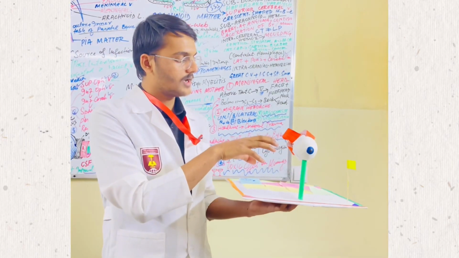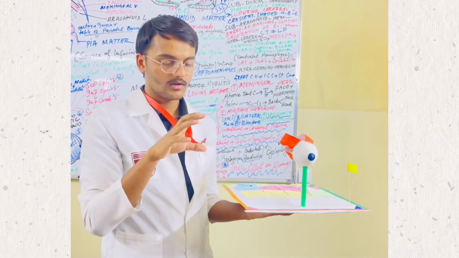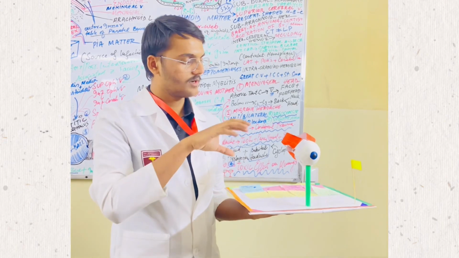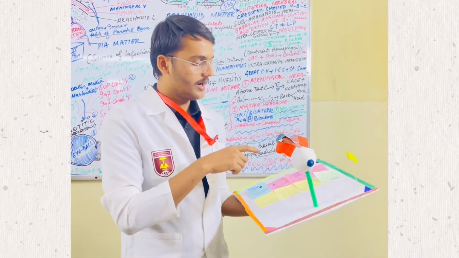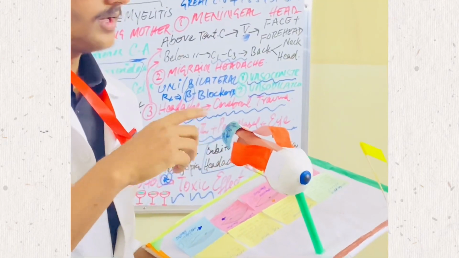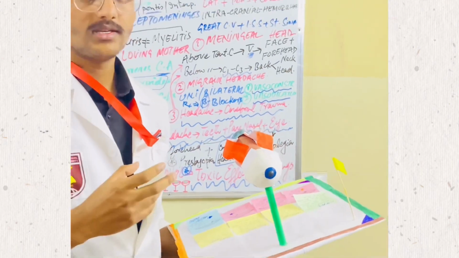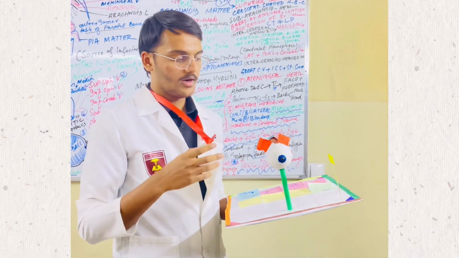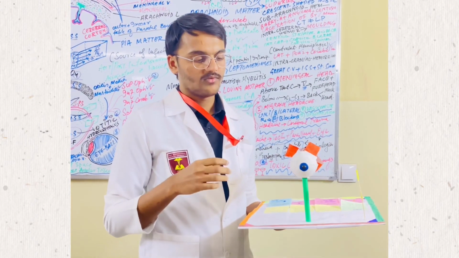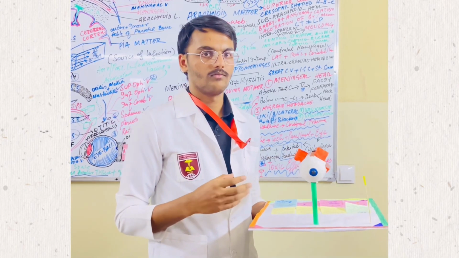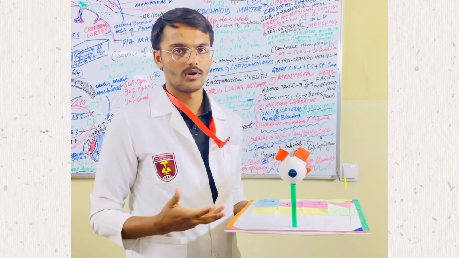And all these extraocular muscles are tied to the tendinous ring which covers the optic nerve. This ring is called the annulus of Zinn, a fibrous ring. And here we can show the optic nerve, which is a pure sensory nerve which supplies sensory innervation to the eyeball. And the motor innervation, which carries the motor information for the eyeball, is the third cranial nerve, which is a mixed cranial nerve, not a pure motor nerve.